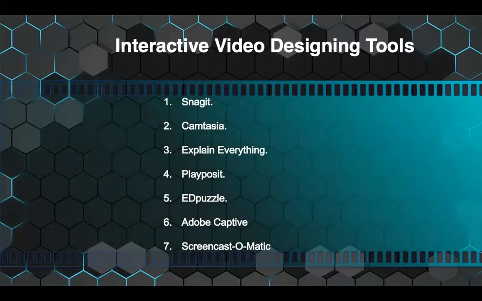This is a very important part of all the modules of e-learning interactive content that we already talked about: infographics, graphics, audio, video. These are very interesting and productive features, and one of the modules of interactive e-learning content is interactive video designing.